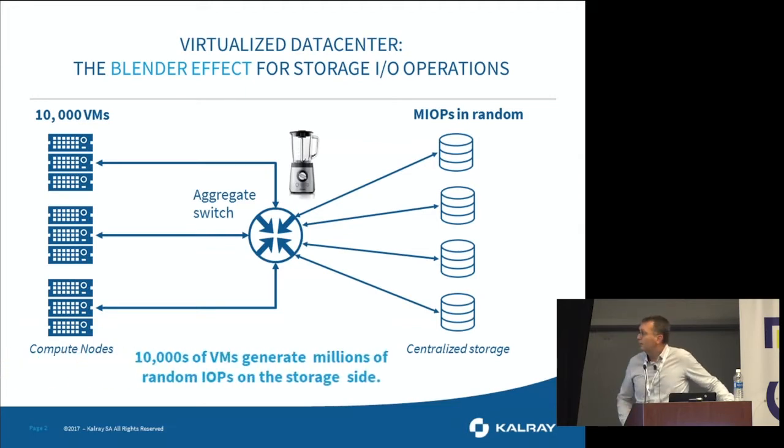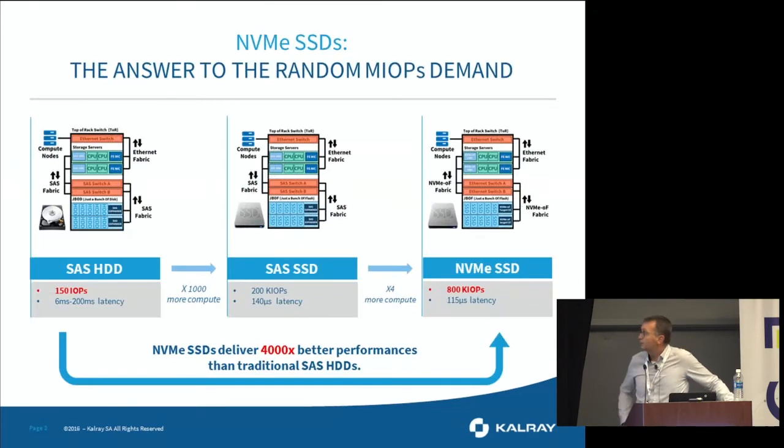And this is why, in fact, the storage industry has moved to the SSDs to respond to this exploding demand on this million of IOPS in random access modes. So it has been done in two different steps. The first step was to use the SAS SSDs, bringing a performance gain 1,000 times better than HDD for this random access. And then the NVMe SSDs have been introduced to exploit the full performance of the flash,